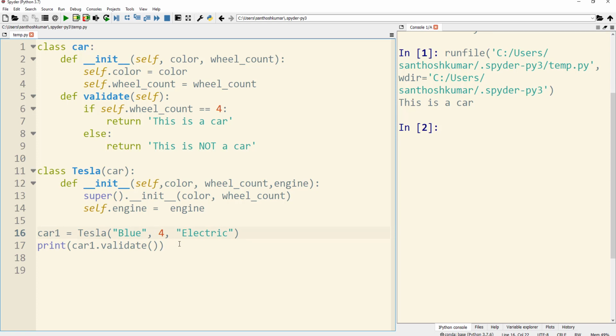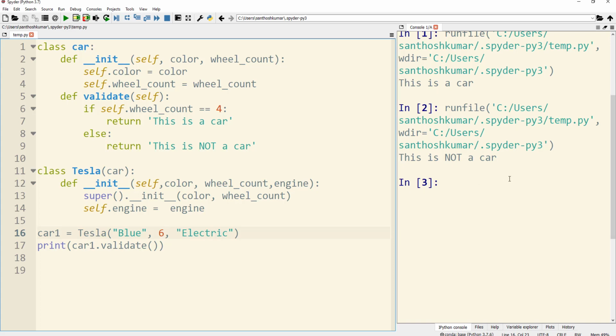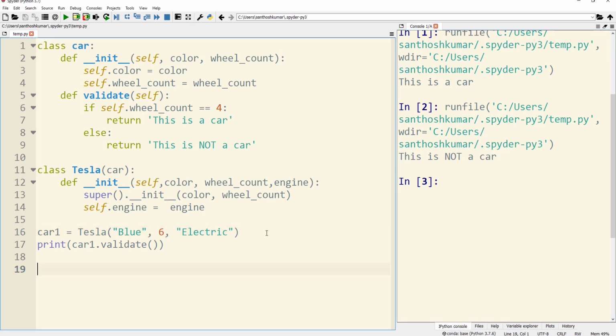In case I just have 6 as the wheel count and then rerun the code, the output is "this is not a car". So here we are accessing the method of the parent class through the instance of the child class, and this is called single inheritance.